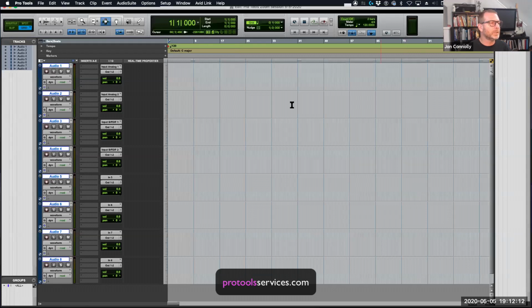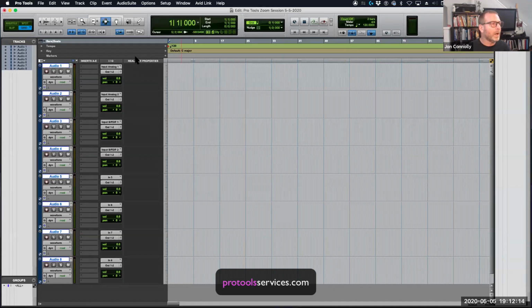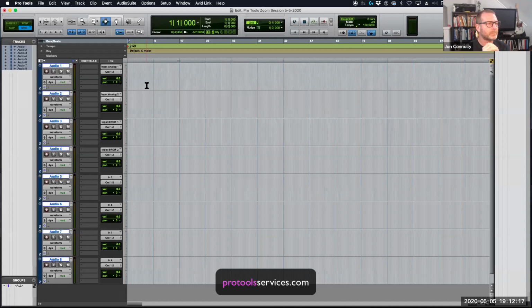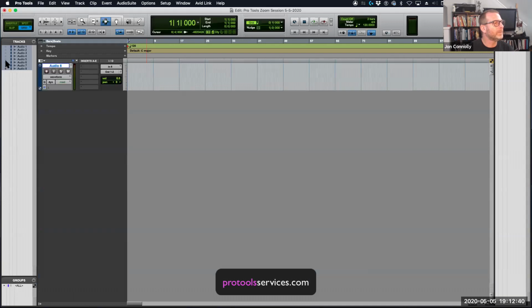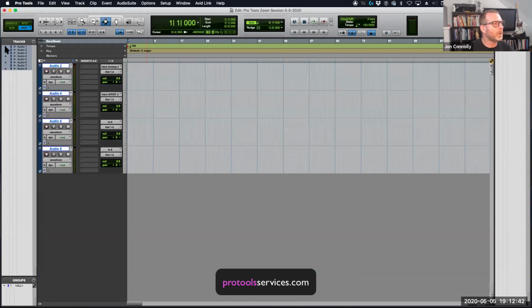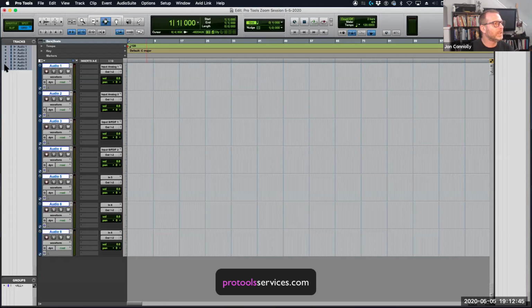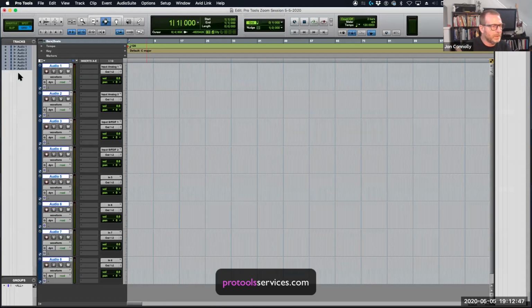Most of the time you're going to be spending is in the edit window here. And we'll do a quick overview of the edit window right now, since this is where the bulk of your time will be. So in the far left side of the edit window is the tracks list. This gives me a list of all the tracks that I currently have in this session. They're all visible, and I know that because the dot here on the left is dark. If I click and drag on them, I can show or hide any one of these tracks or all of these tracks. And this is visually helpful to kind of clean up your screen.